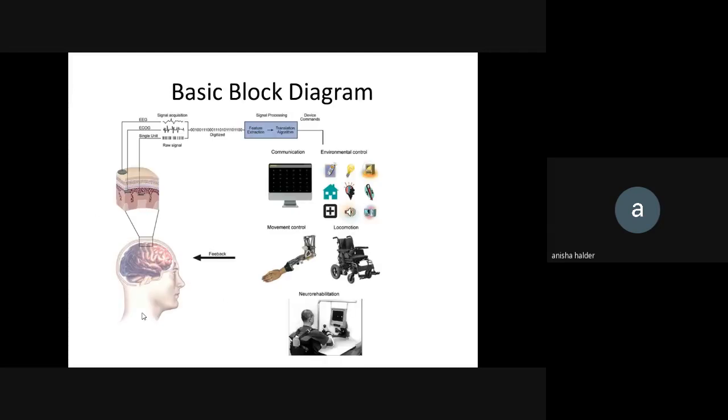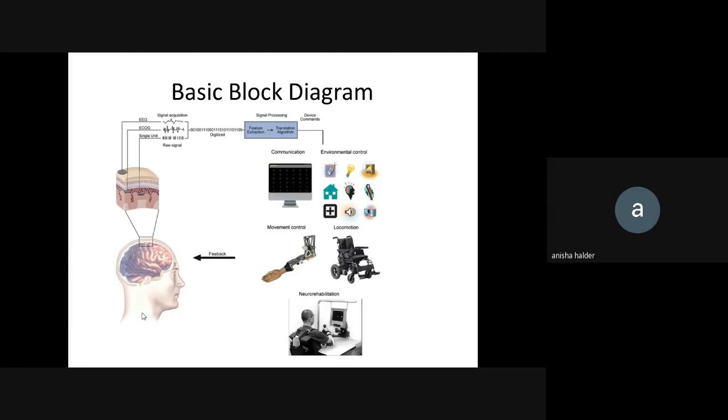See the graph diagram. Signals are received from the brain, the EEG signal outside the scalp. Next, the signal is sent for noise removal, or it is digitized. Next, signal processing. Using this digitized signal, the features are extracted. Next, the algorithm is there in the processor, the translation algorithm. So using that signal and the command signal, the control signal,